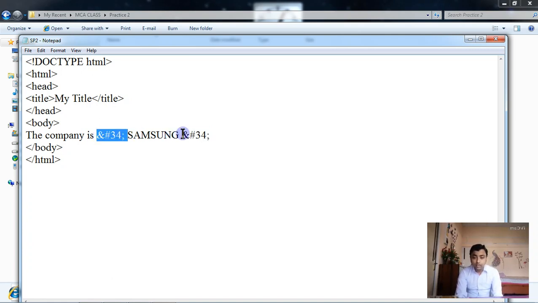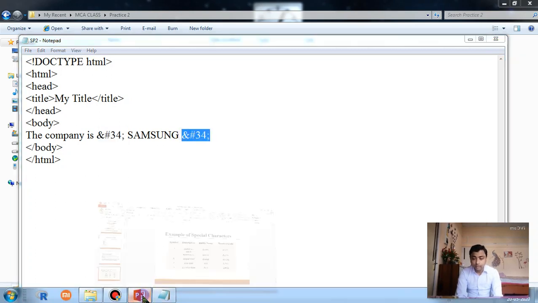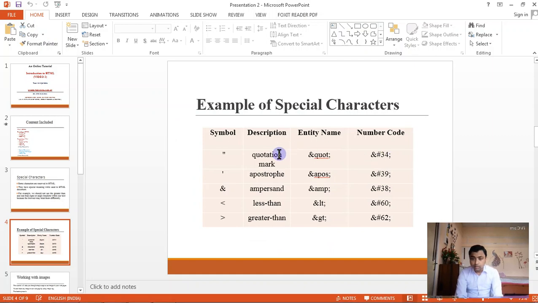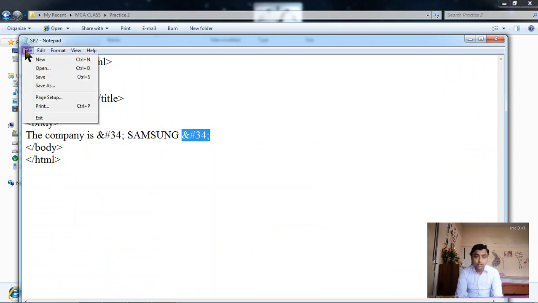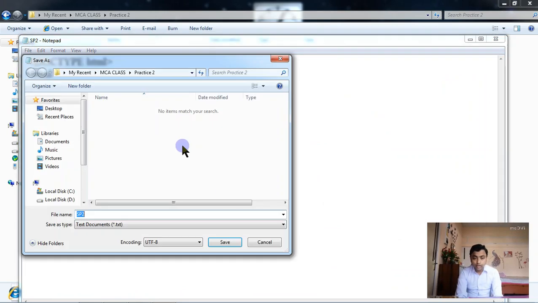As you can see from the table also it was clear. Here you can see this is used for quotation mark. I have not used the quotation mark directly. I have used the number codes. So here now you have to again save as sp2.html.